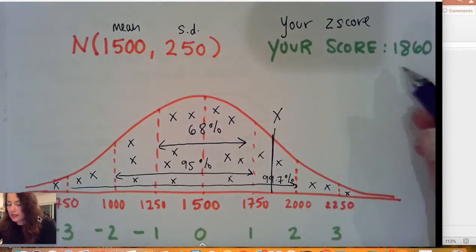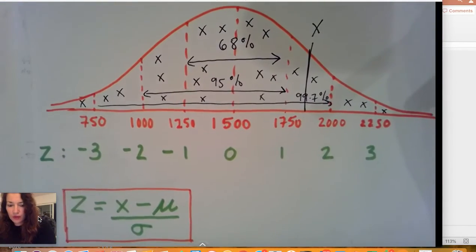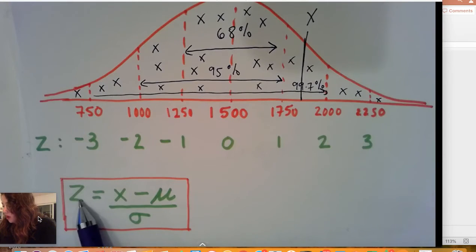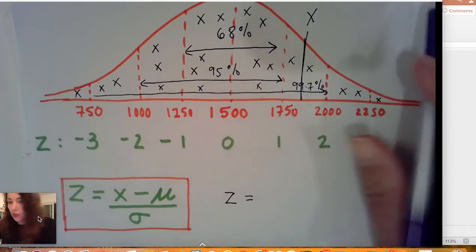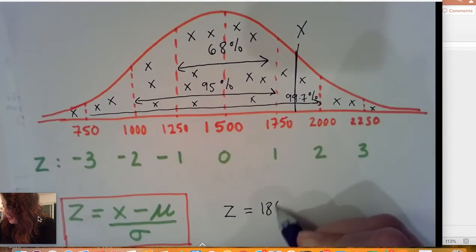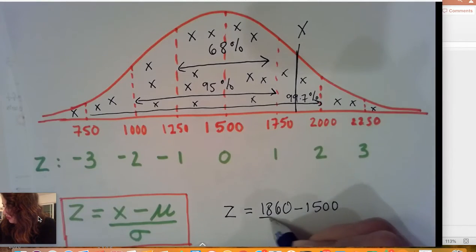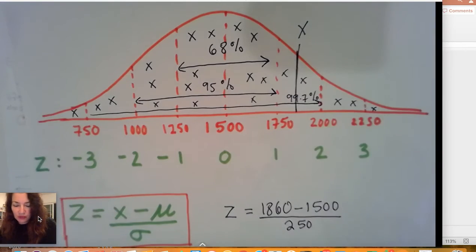at 1860? Well, we can easily use our formula, which is a very simple formula. All I would need to do is say Z is equal, our score is 1860, so I would put in 1860. The mean is 1500, the standard deviation is 250, and then you would just simplify that and get